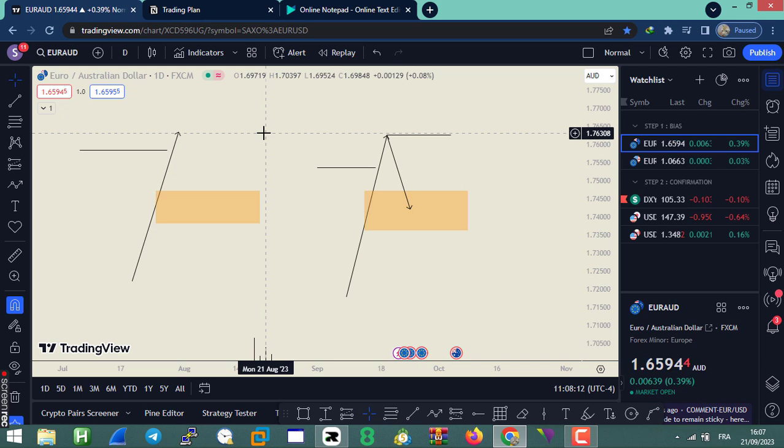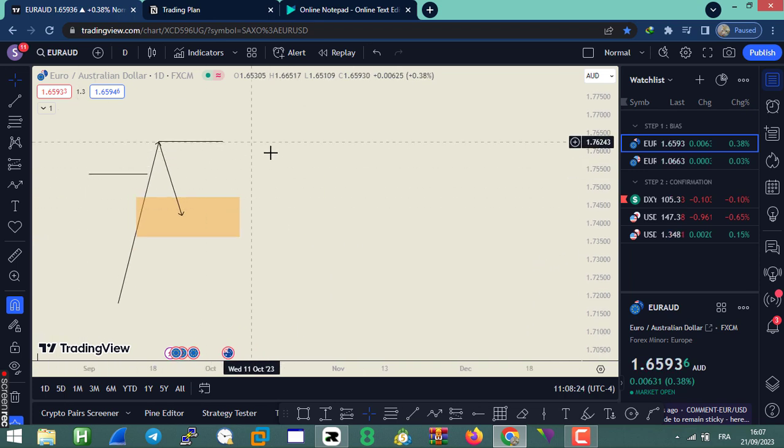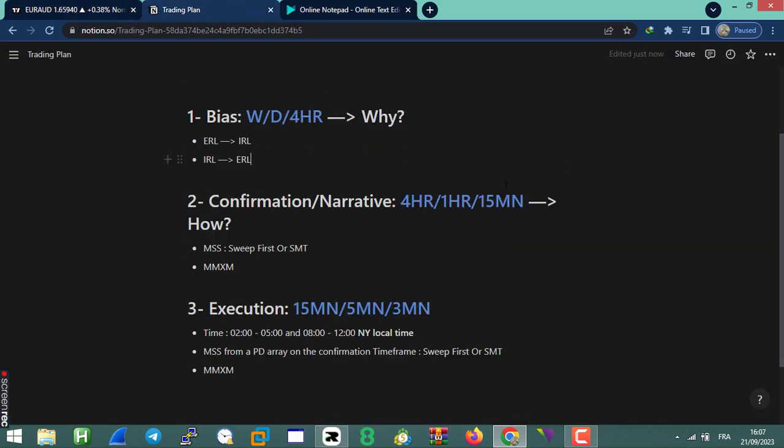Anyway, so if I see one of these scenarios, I'm automatically going to pick that pair and put it on step 1. Now, when do I put a pair on step 2? So let's, for example, choose this scenario right here. The step 2 is the confirmation phase. So after price, for example, reached that internal arranged liquidity in this example right here, then on the confirmation step, let's say for example we chose the daily chart right here, then I'm going to use the hourly chart right here. So I want to see a market structure shift, and that market structure shift will confirm